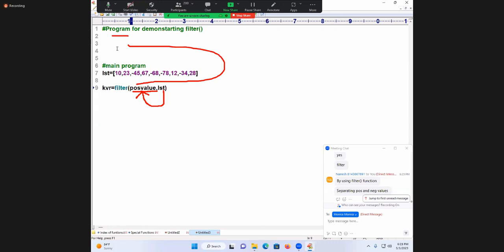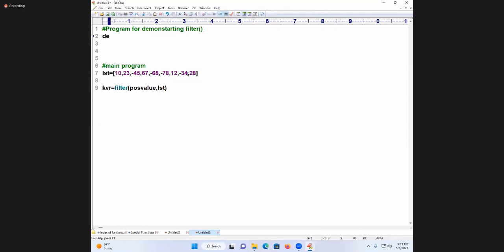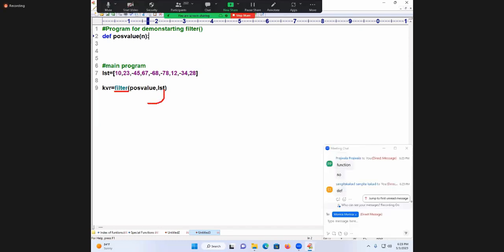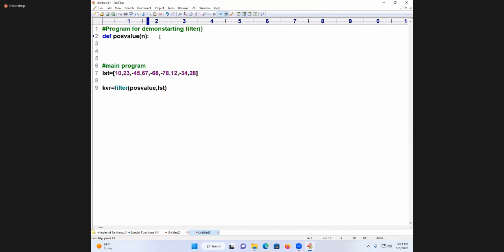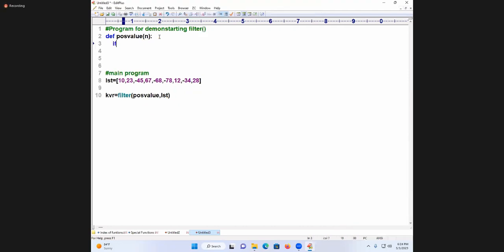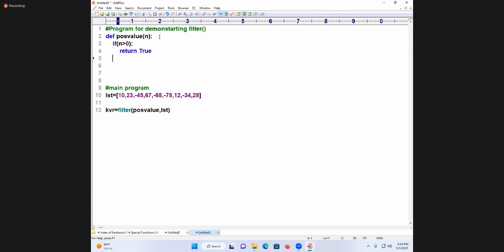No. What will I do now? def pos_value of what? n. Why am I taking n? The filter function sends the first value of LST to whom? To pos_value. So PVM will take the first value and preserve it in where? In n. I will write inside. What is my target? Filtering which values? Positive values. If n greater than 0, say what? Return True. Else,